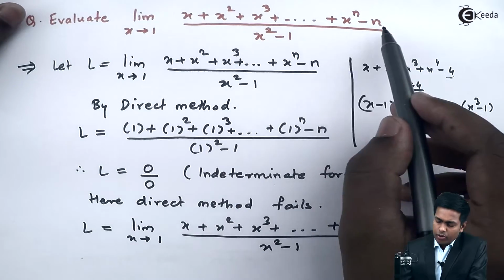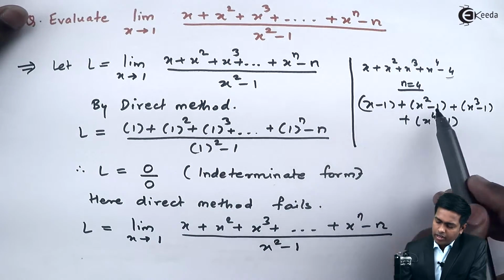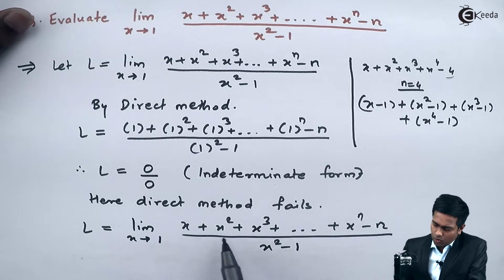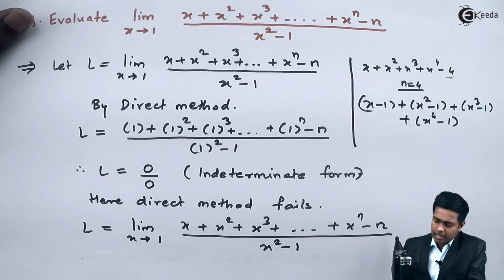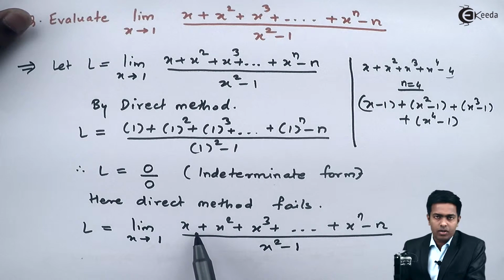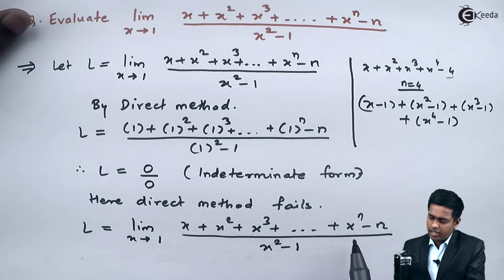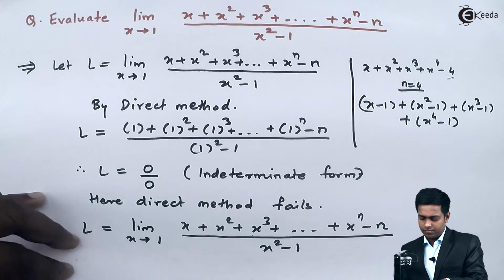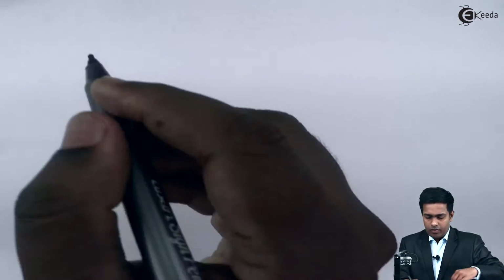So by doing that we can distribute that one evenly in all the terms. So that funda I'll use over here. So by using that concept, here that n can be divided as x minus 1, x square minus 1, x cube minus 1, so on till x raised to n minus 1. So we'll get